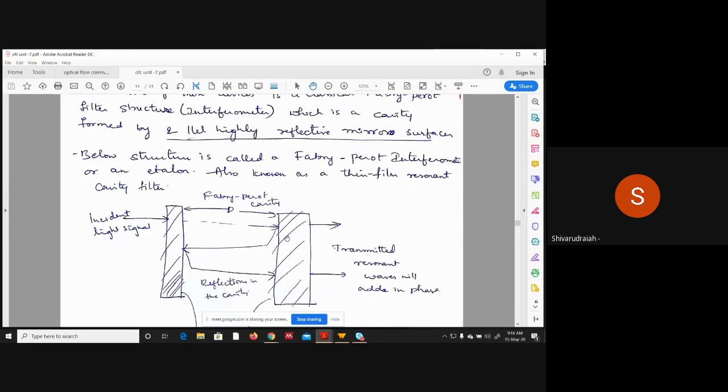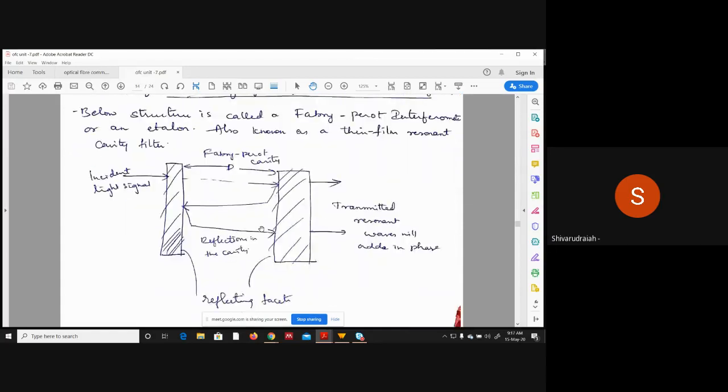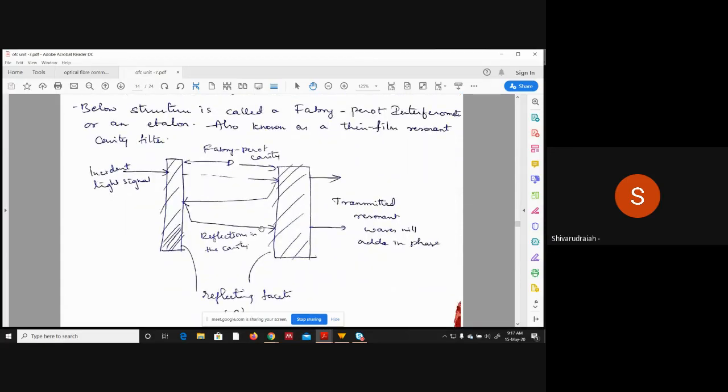These two reflecting surfaces are going to create a reflection type of cavity, and that is called a Fabry-Perot cavity. So the cavity that is created in between the two reflecting surfaces, we name it as Fabry-Perot cavity, and D represents the distance between these two reflecting surfaces. Okay, so the working of this is like the incident input signal is allowed to enter this Fabry-Perot cavity from the left side. So you can see on the left side, we have an incident light signal that is entering the cavity.